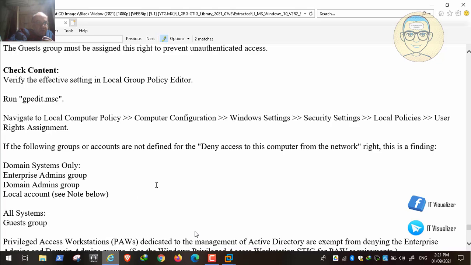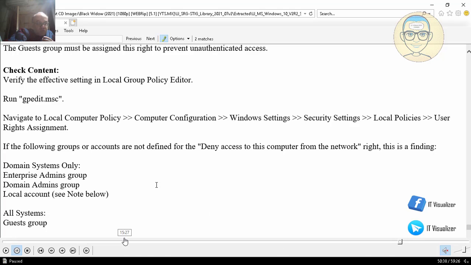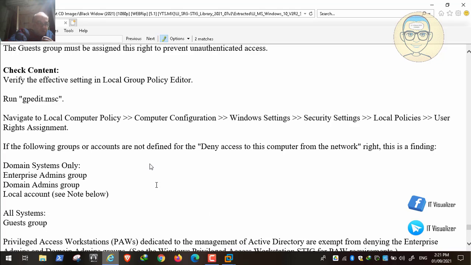And we know the POW, we have already created a POW workstation, and we have also restricted POW access to a certain group. We have done this before in another video. We have created groups for the POW, so there are users who are specially assigned access to the privileged access workstation. So this is another thing: we also need to restrict access to the POW to certain groups.